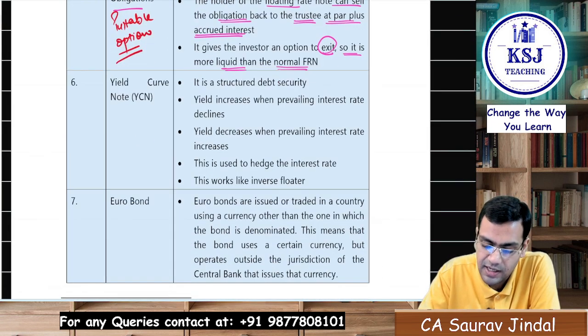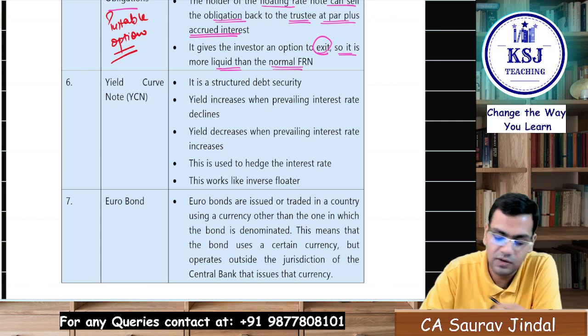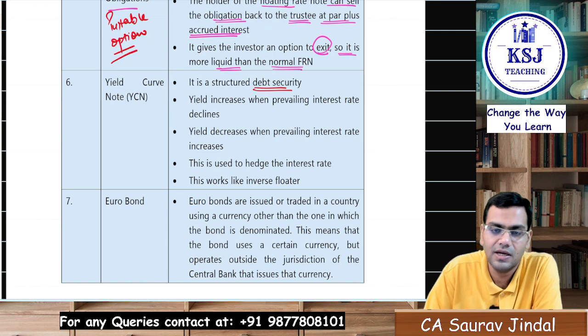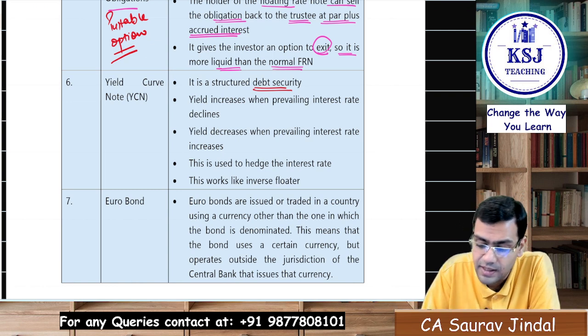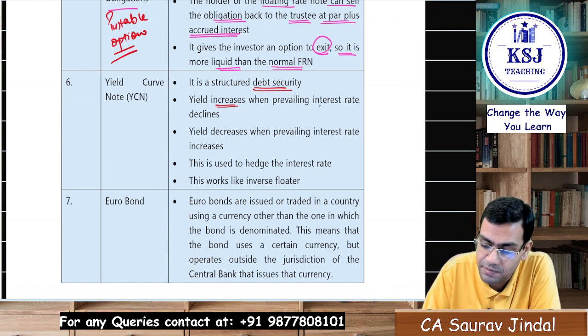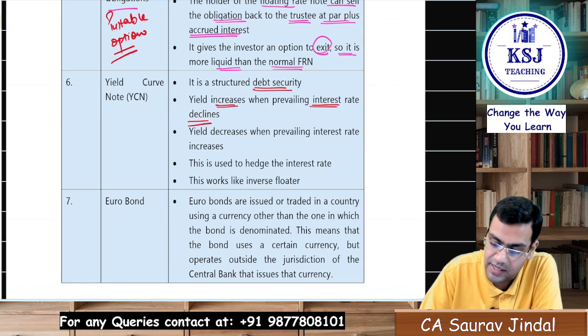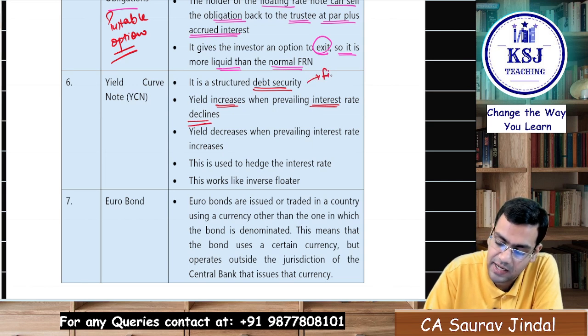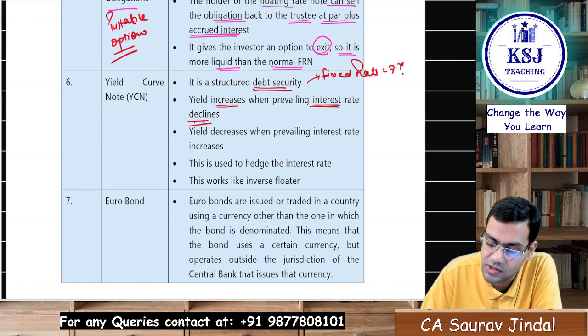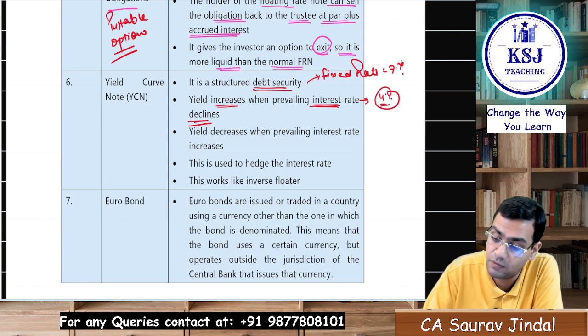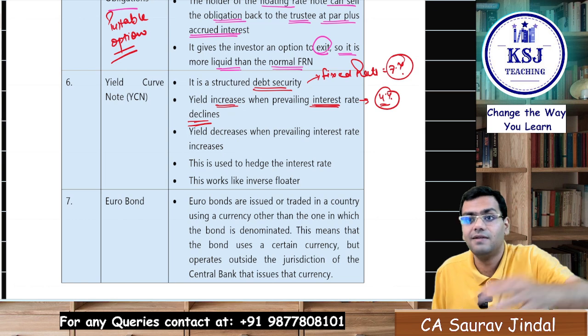Then the yield curve note. What is a yield curve note? The yield curve note is a structured debt security, right, in which there is a fixed coupon rate. The yield increases when the prevailing interest rate declines. So you are getting a fixed rate, that is 7%. Now, if the market interest rate declines, for example, falls to 4%, but you are still getting 7%, your yield will increase,